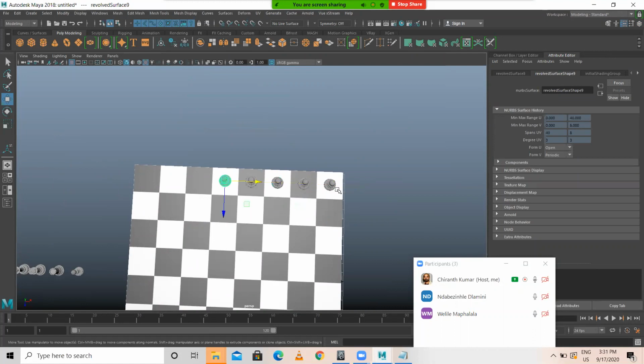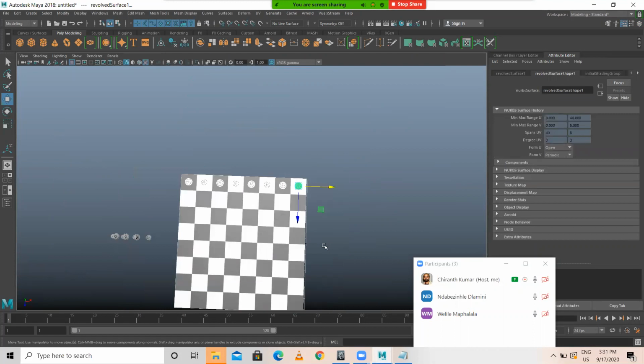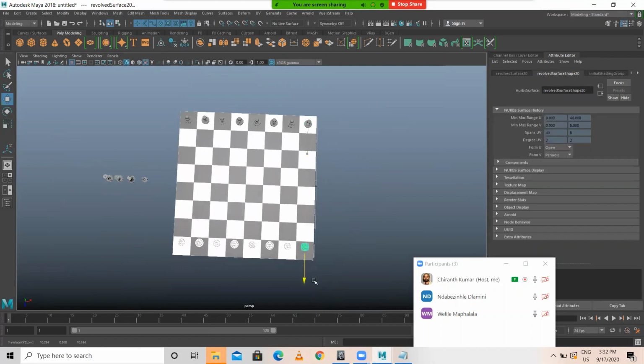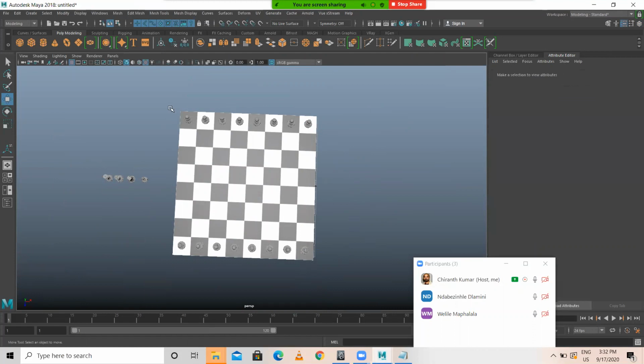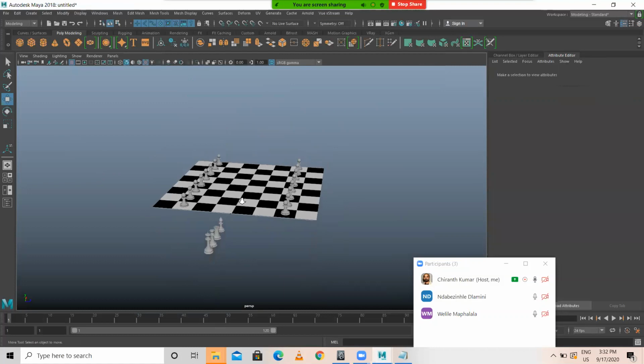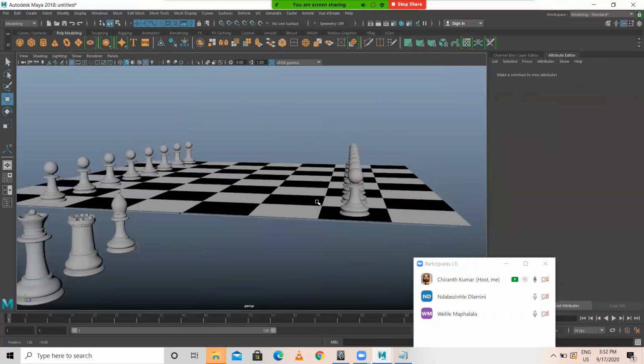Shift D. Okay. Now select all this. Deselect plane. Control D. Just place it here. So it should come here. This should come here. Okay. So we have created like this.